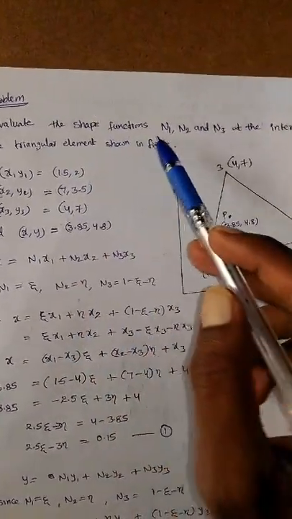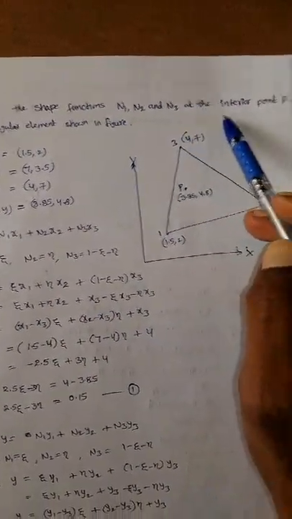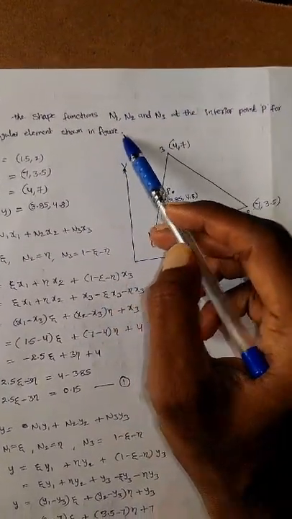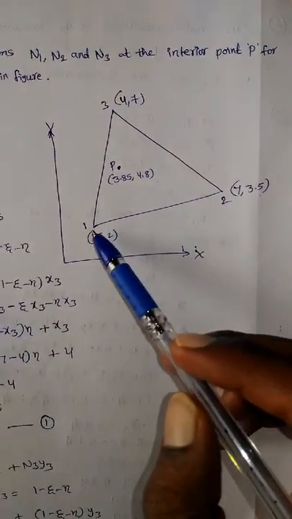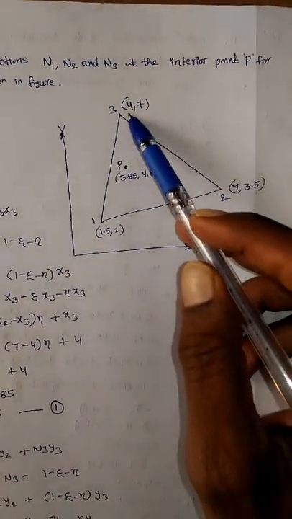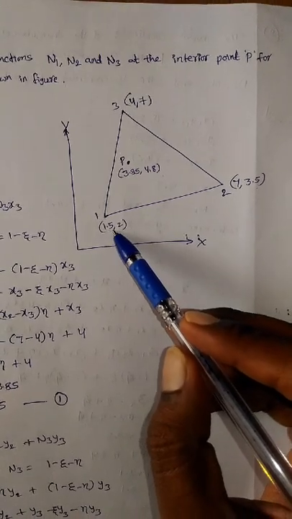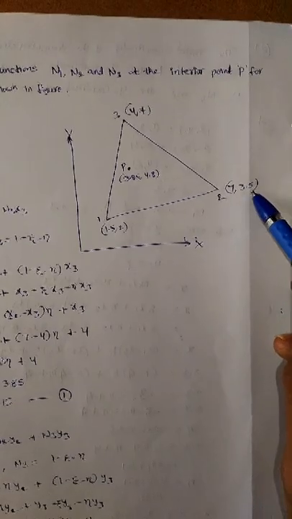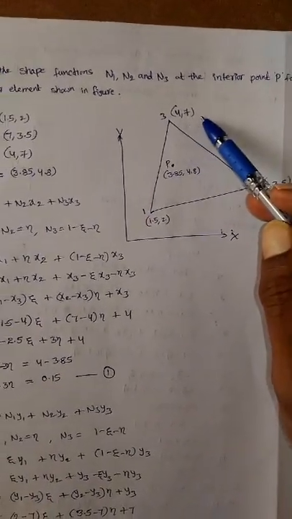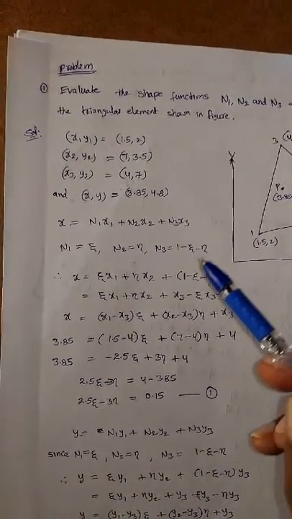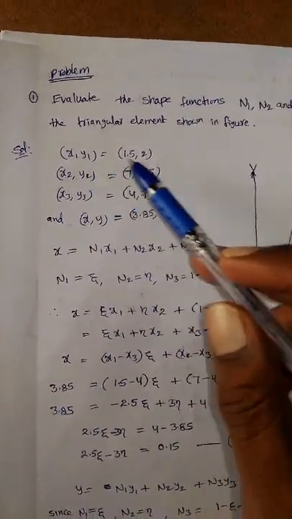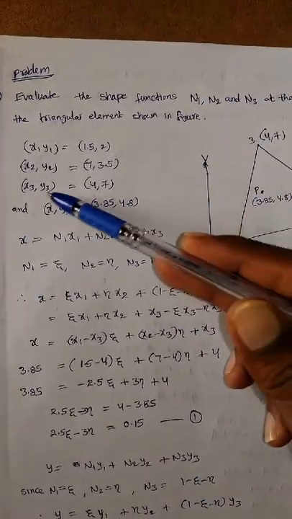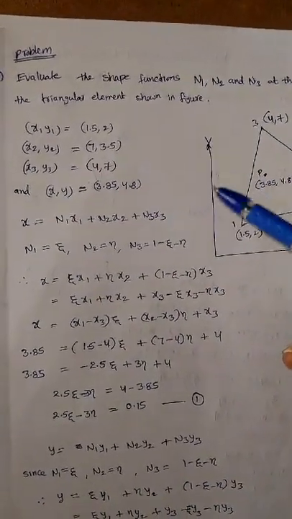Evaluate the shape functions n1, n2 and n3 at the interior point P for the triangular element shown in the figure. This is the triangular element with first, second and third nodes. The coordinate points x1, y1 is (1.5, 2), x2, y2 is (7, 3.5), x3, y3 is (4, 7), and P is equal to x, y,